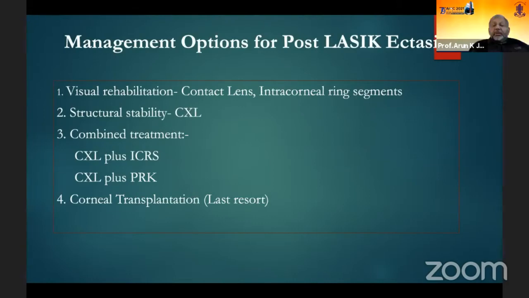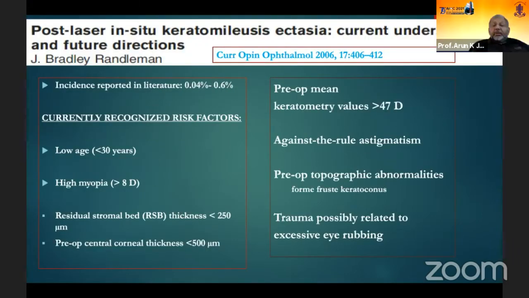And post-laser in situ keratomileusis, current understanding, these are the various risk factors which can lead to post-LASIK ectasia, in the paper by Randleman et al. in 2006. And the incidence is not very high, and the risk factors they recognized are, one is the younger age group, high myopia, or when the residual bed was less than 250 micron, or preoperative central corneal thickness less than 500 micron, or where the keratometry is more than 47 diopter, and especially with against-the-rule astigmatism, and